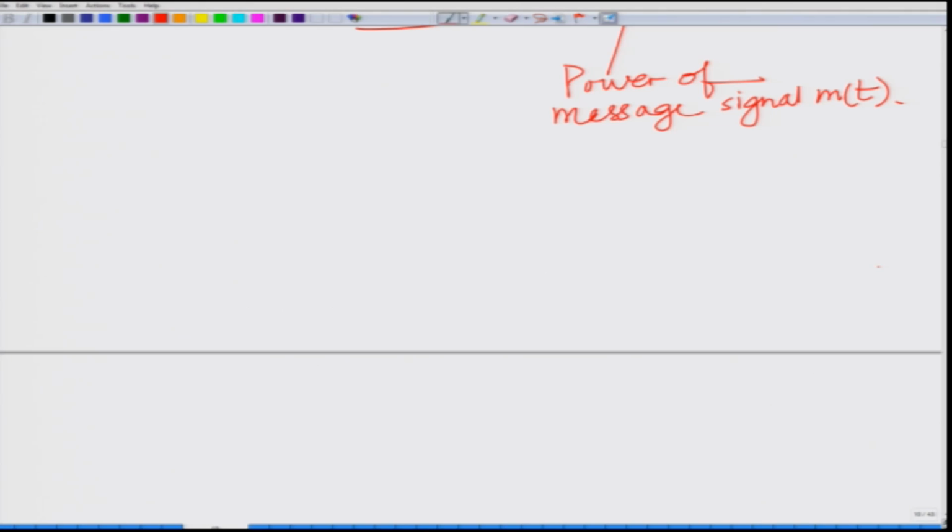So, we have derived the power in the pure carrier component, and now we have derived the power in the component, that is the carrier, which is modulated by the message m(t), and we are saying that power is approximately half Ka square Ac square into Pm, where Pm is the power of the modulating signal, that is the message signal m(t). And therefore, now the total power is the sum of these two powers, the total power of your